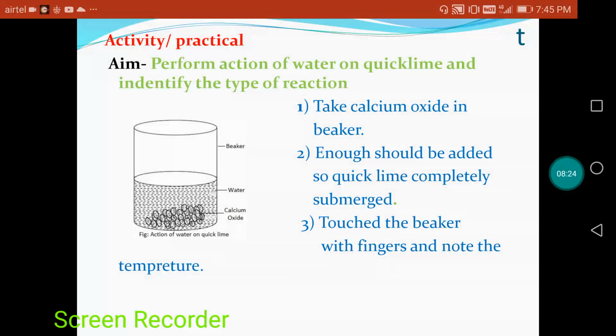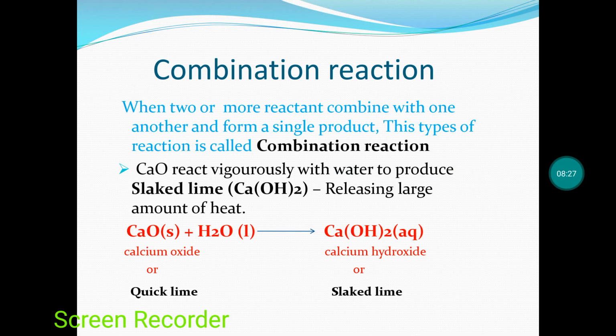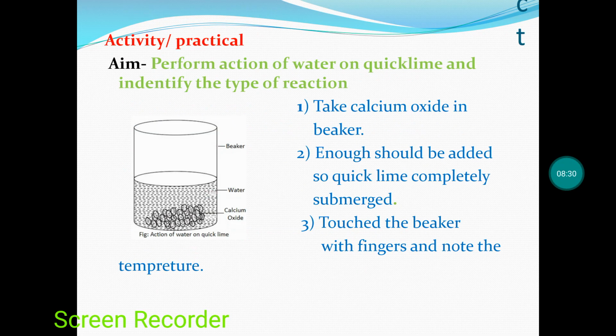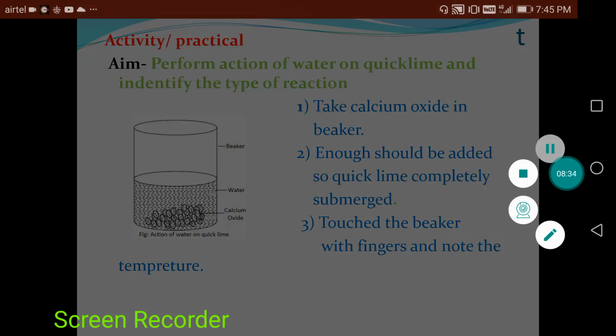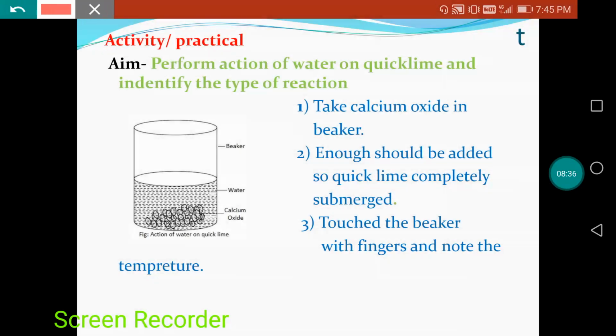Before performing this activity, I want to tell you some precautions that are very important. I have a request to every student. Please do this practical in the presence of your teacher and professors only. Second, during this activity, never put quicklime in water. It may cause lime water to splash out of the container and damage your eyes as well as your skin. Always put quicklime in a small quantity in a beaker, then slowly pour water on it.